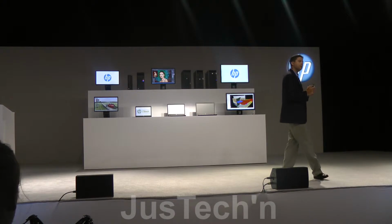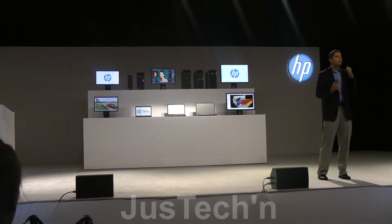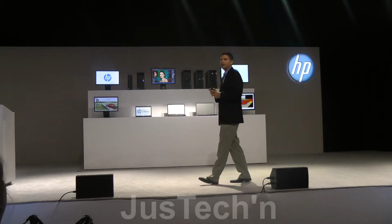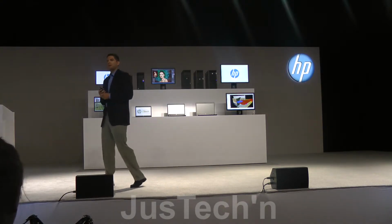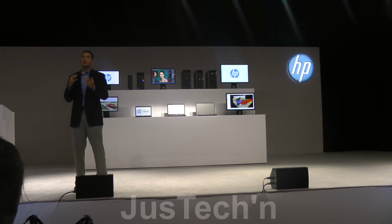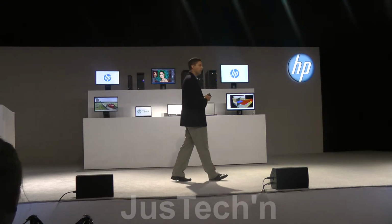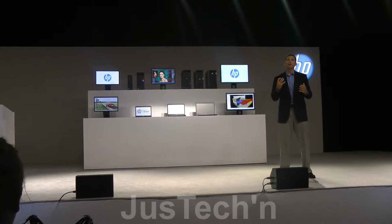And then new display options. So we're going to continue along the lines of our HP Performance Legacy DreamColor display, but we're also adding ultra-wide viewing angle panels to our products as well. So this gives our users a lot of different scenarios for whatever application they might be using on the HP Mobile Workstation, the ZBooks. So a great example of a customer scenario where Thunderbolt and DreamColor come into play